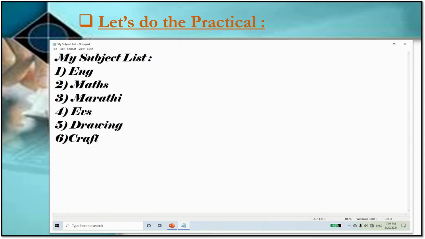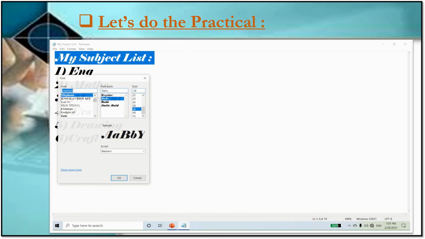Now students, I want to change my font style. So for that I will select first. So here you can see I am selecting my letters or my words, and afterwards I am going to the format option and then I will click on font. Now here you can see the dialog box came.